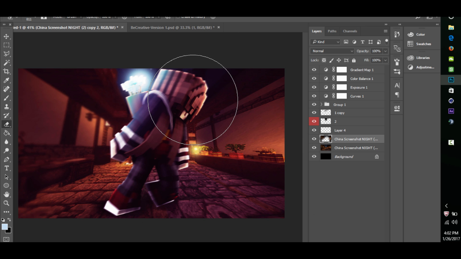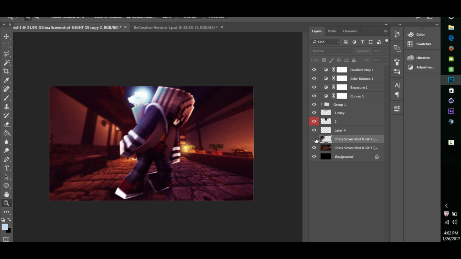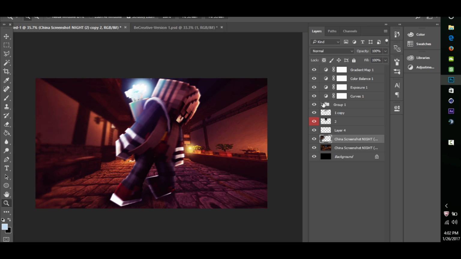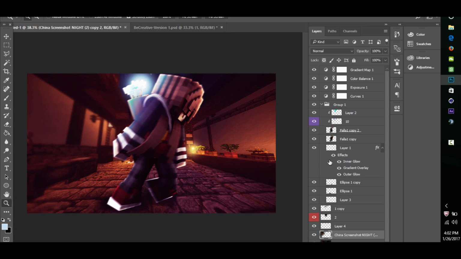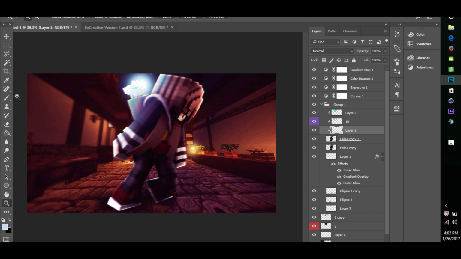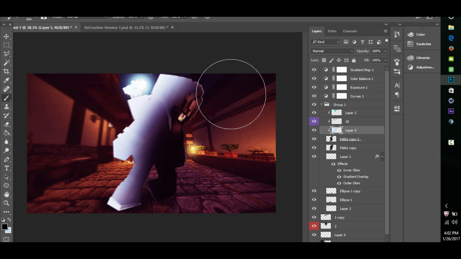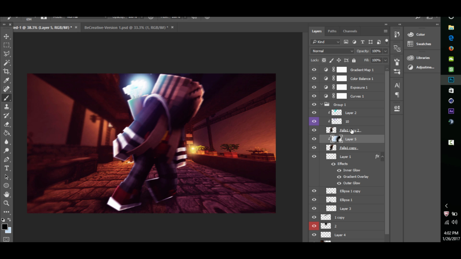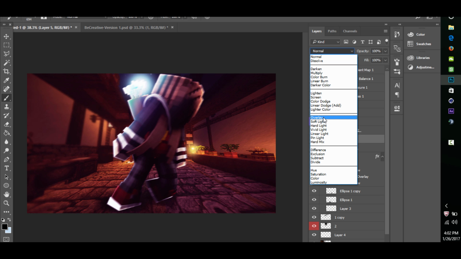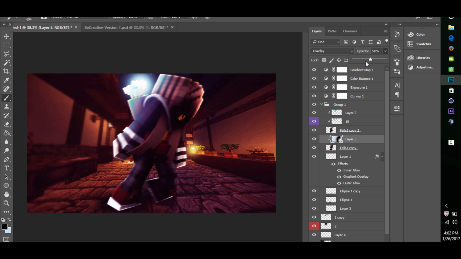Let's just erase this entire side. And so that looks okay. So now what we're gonna do is we're gonna add a bit of shadow to this. So we're gonna take some white, and of course we're gonna color over white where you see the light, and we're gonna color over black where we see the shadow. So we're gonna put this on overlay, I guess, and we're gonna just turn down the opacity of that, and